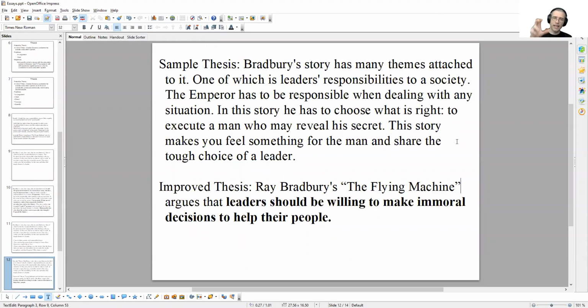Taking everything that was said in that sample thesis and condensing it down, boiling it all down to the core insight that seems to be there: Ray Bradbury's "The Flying Machine" argues that leaders should be willing to make immoral decisions to help their people. That's an argument. It could be expanded, it could be developed further, but taking the raw material of this statement